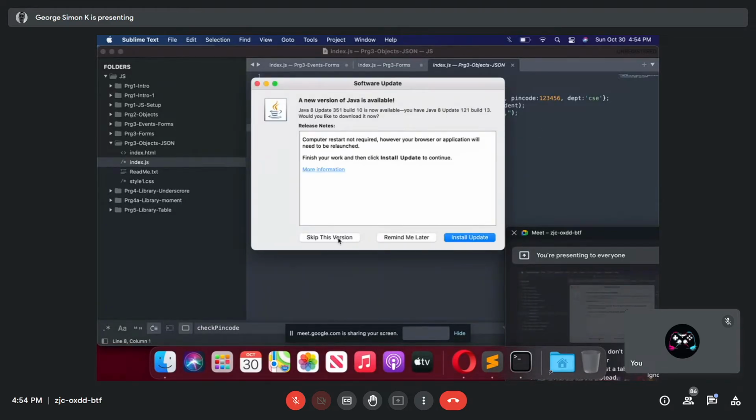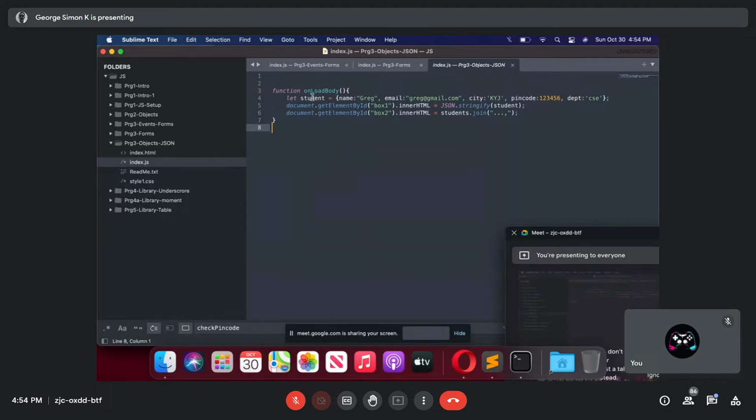Just set let on variable or var variable. I'm opening one bracket. Name, value, name, value, name, value.